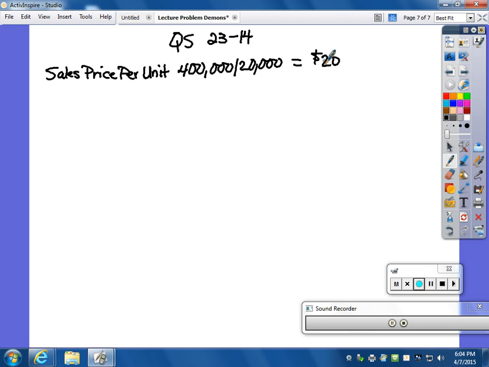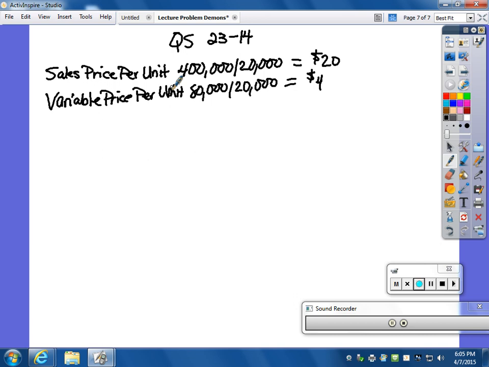And the next thing for us to do is what? Find the variable cost per unit, which we're going to take what? 80,000 divided by 20,000 gives us what? $4. $4 variable cost per unit. All right. So now that we have the sales price per unit and variable cost per unit,